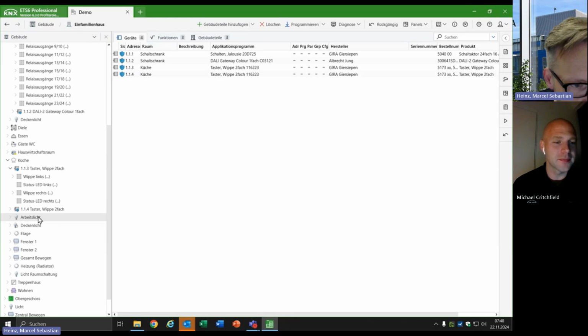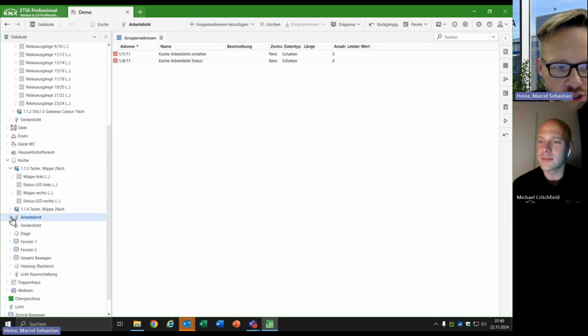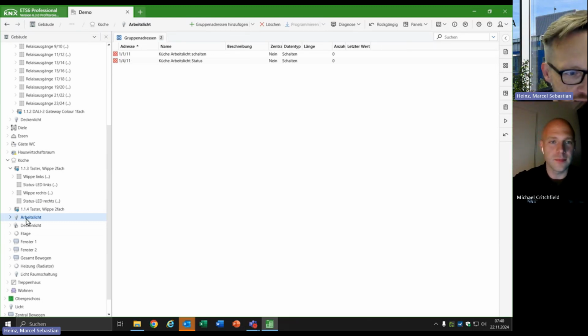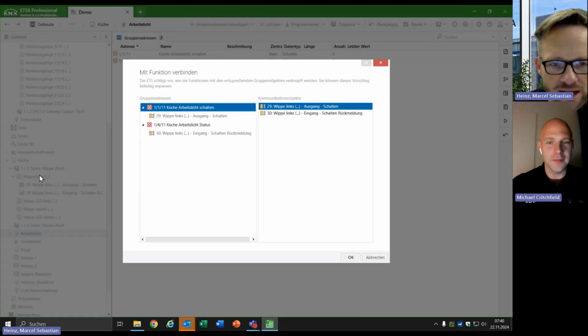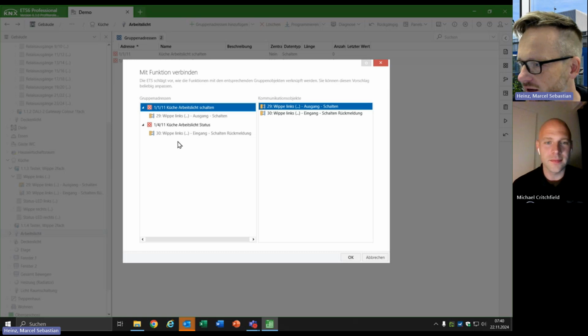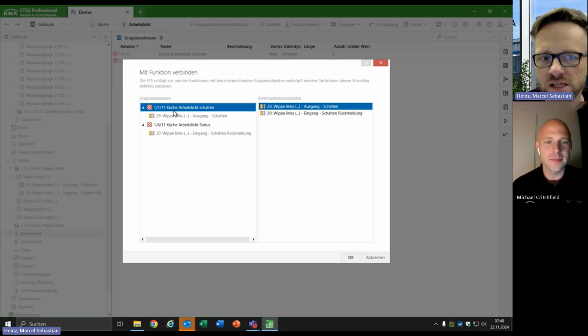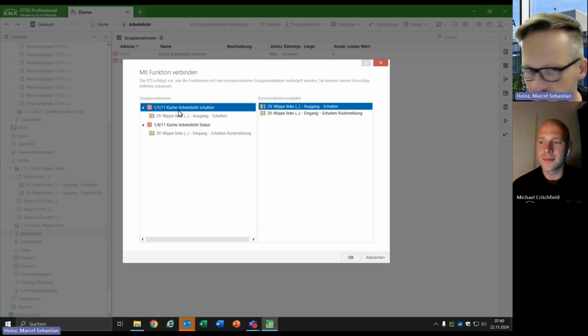I set up here a function, Arbeitslicht, which is a functionality only capable of switching light. I can link this function to this channel of the push button interface. By doing this, the ETS asks me how to link the communication objects to the group addresses included in the functionality.